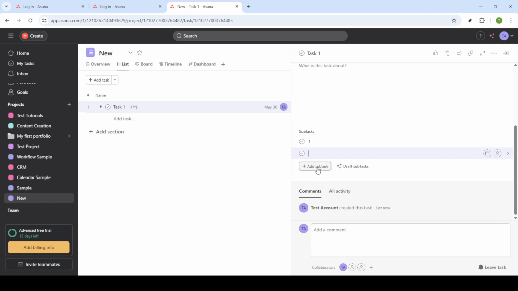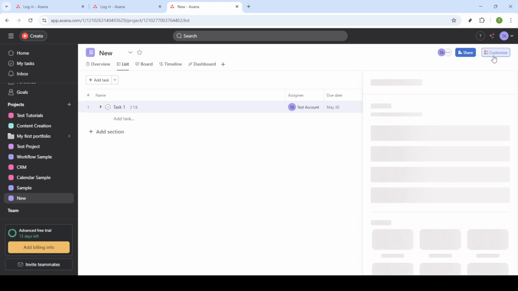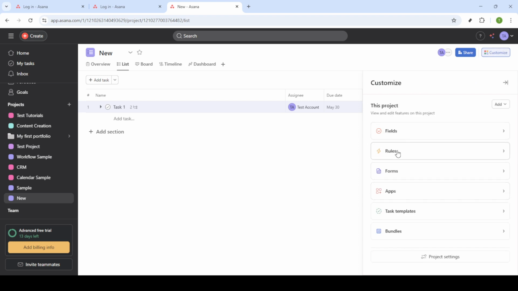Congratulations, you've set up your project in Asana and started organizing tasks like a pro. Feel free to explore Asana further and take full advantage of all its offerings to maximize productivity and efficiency in